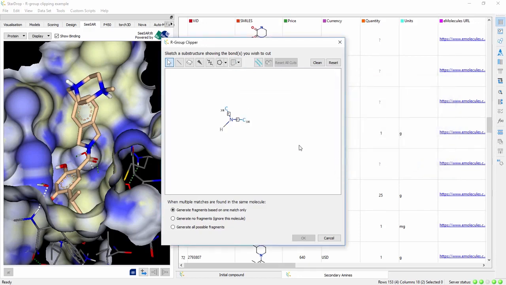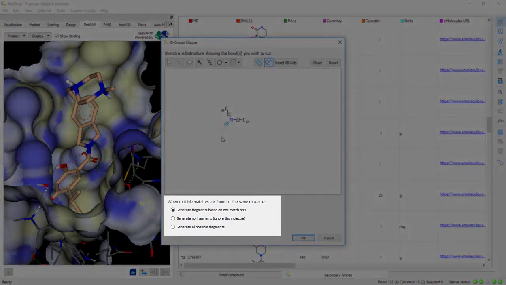Having specified the site of substitution, we can choose the bond to break to define the connection point, in this case the bond between the nitrogen and hydrogen. We will also exclude the hydrogen from the fragments that will be generated by the clipping. It is possible that the substitution site will match multiple positions on the same molecule, and we can choose how to treat these cases. In this case, we will choose not to generate any fragments to avoid the potential for